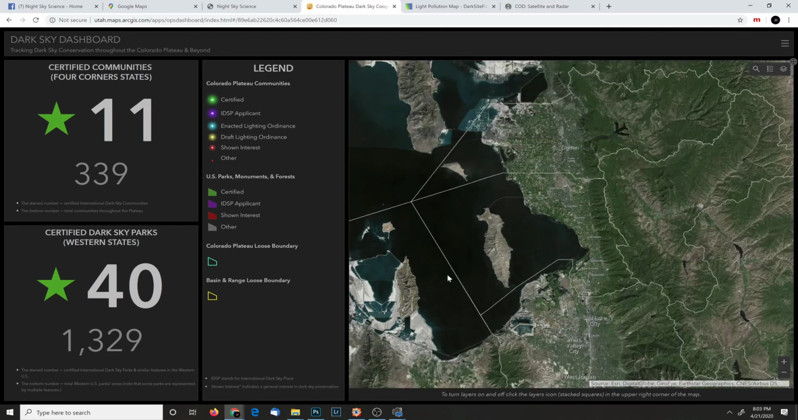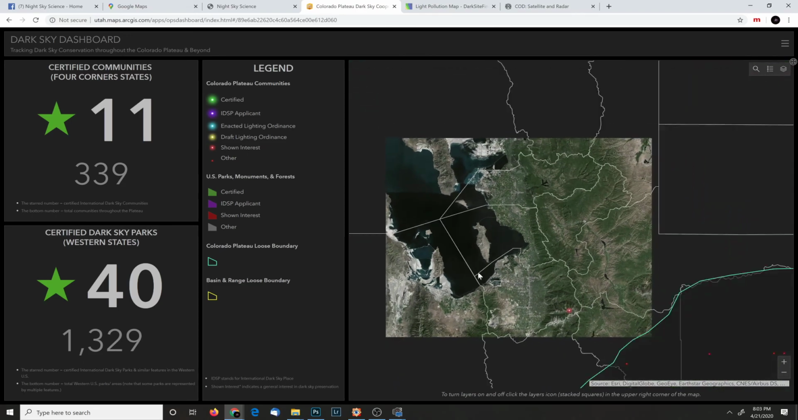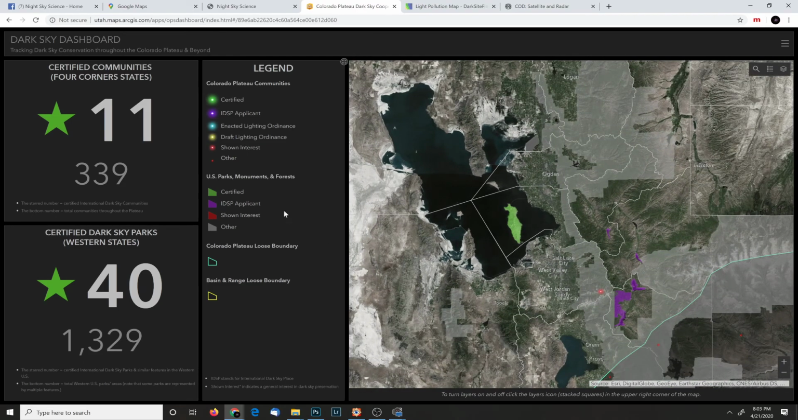But as we zoom out here, we can start seeing some things that are trending. So they have here communities and folks that have shown interest in becoming dark sky. Here's an IDA applicant, and I think these purple areas are Jordanelle. We have Wasatch Mountain State Park. We have, I think, Echo or Rockport, and then East Canyon. So all these are very, very close to us,